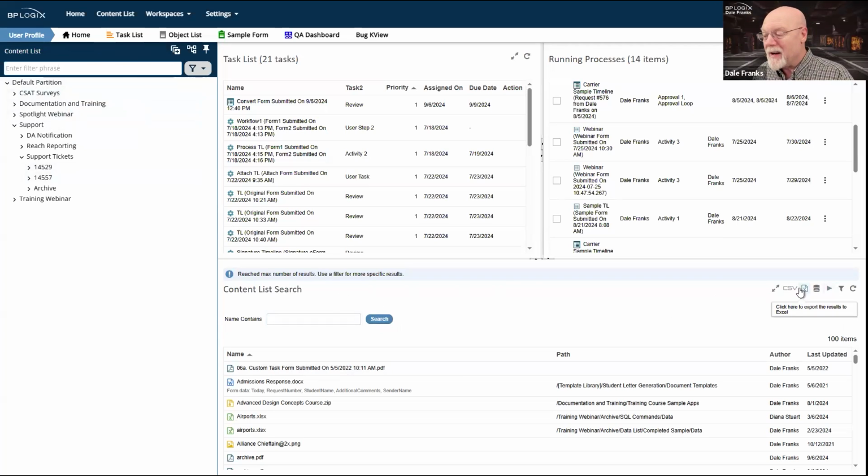Although in a knowledge view, I do have the ability to export to CSV or export to Excel or run a process, things I can't do in the content list. But as a general proposition, I really don't need a content list search if I have version 6 because, well, I've already got that built into the content list in version 6 of the product.